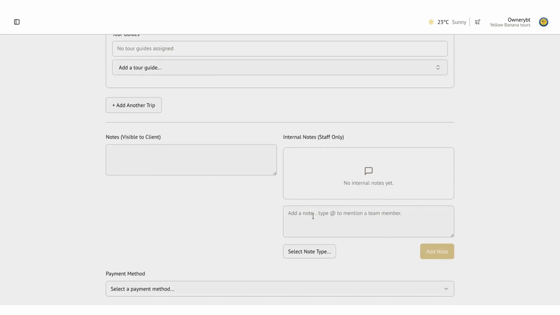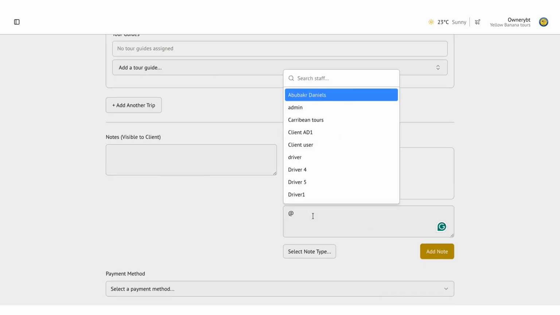The internal notes section is where the smart notes can be used to add notes for different users. Notes can be categorized according to various functions,